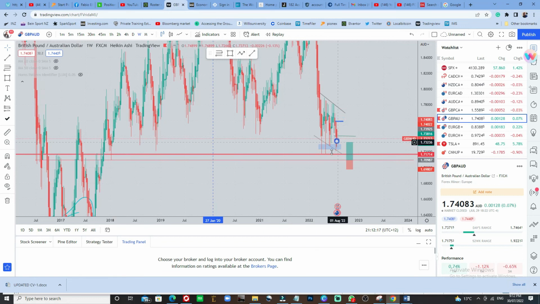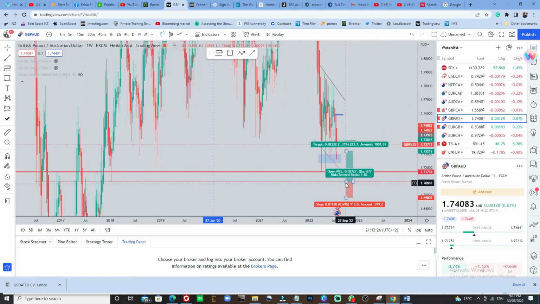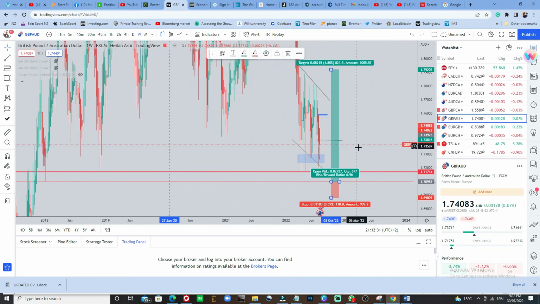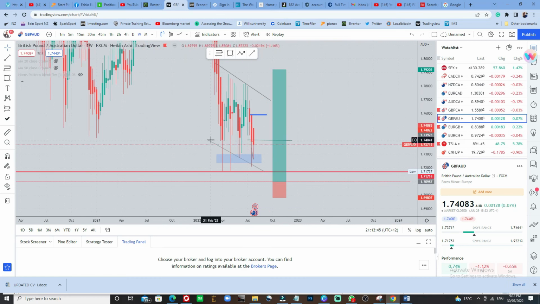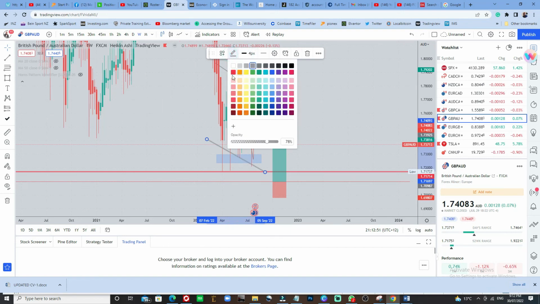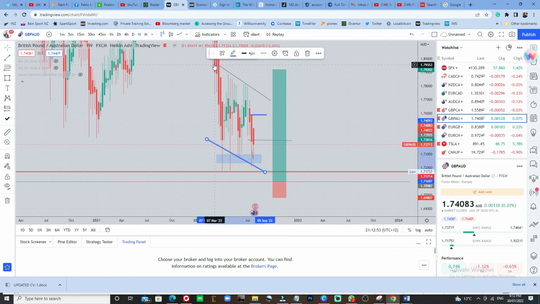Now the GBP AUD I was tracking here, I removed it and I marked this thing here. I put it here because I'm expecting this market to tank down and touch here or touch here and pick up, because the overall strength of this pair is not going up yet, it's still going downwards.